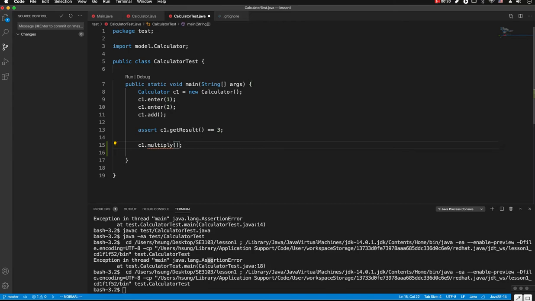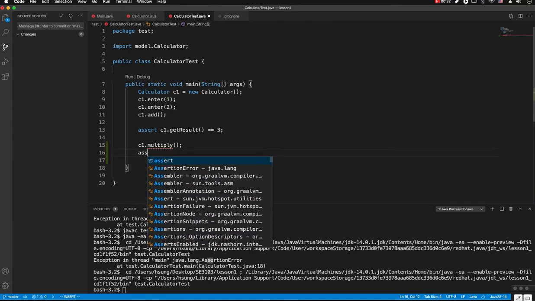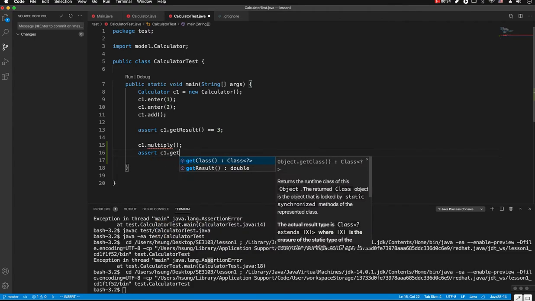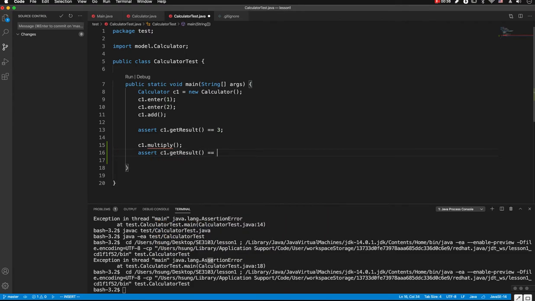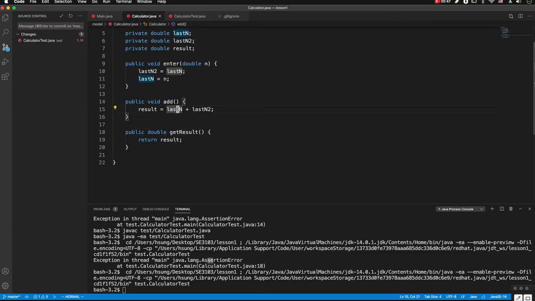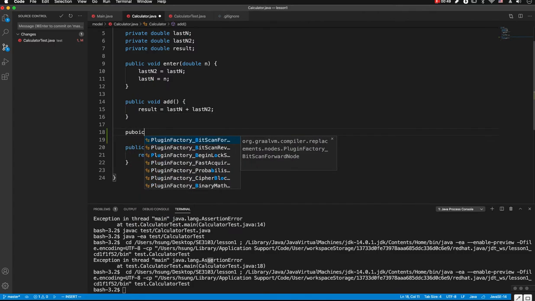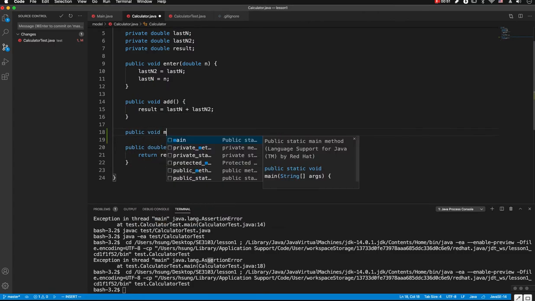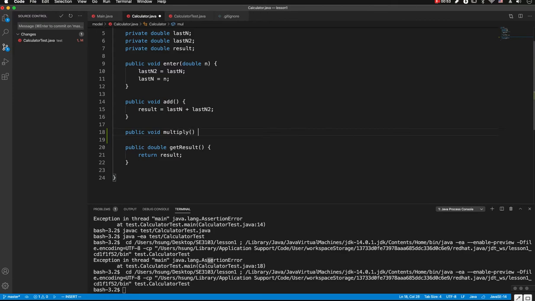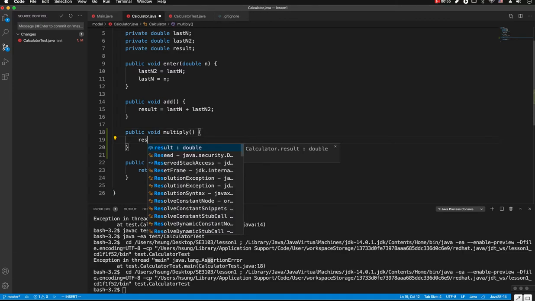But when multiply is done, then we can assert that c1.getResult is 1 times 2, which is what we expect. So then the multiply function should be implemented. Go to the calculator class, public void multiply function, where the result